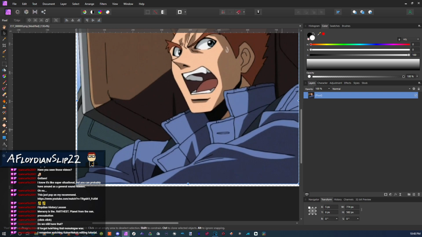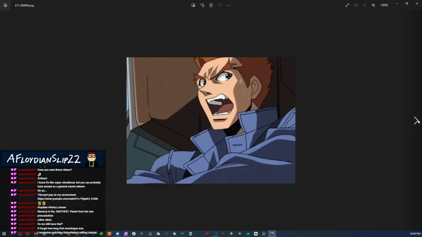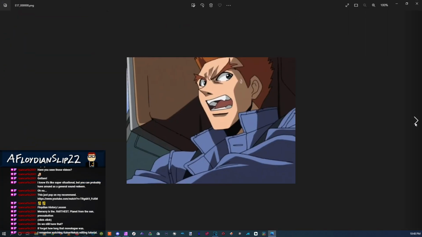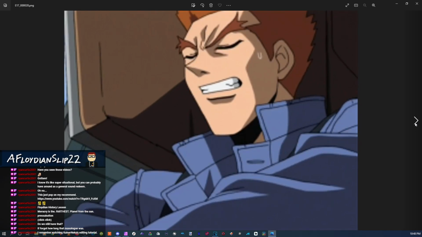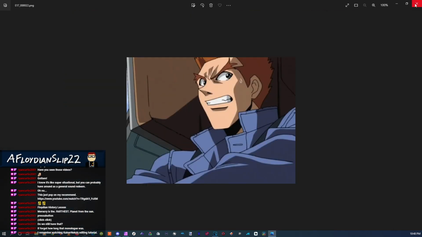Actually, what I'm going to do first is open up the lip flaps and check to see what changes. Okay, so it's just the mouth that changes. The jaw doesn't change in this particular shot. On some shots, the jaw changes. On some lip flaps, the jaw changes. On this one, it does not. So,